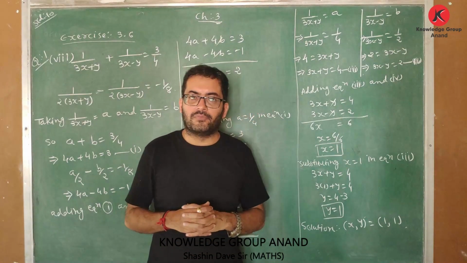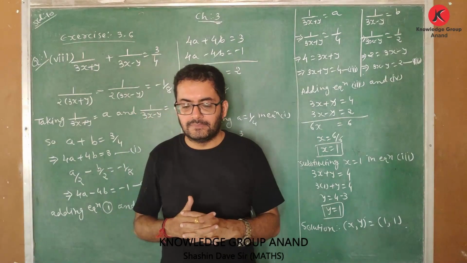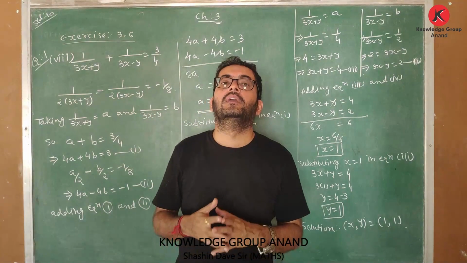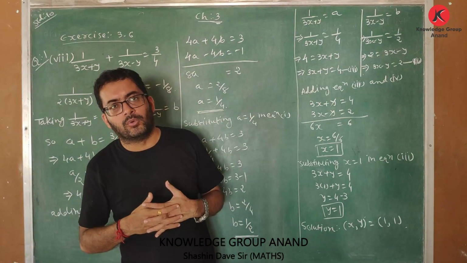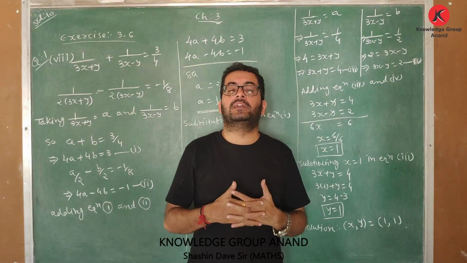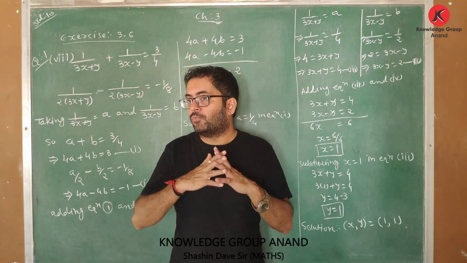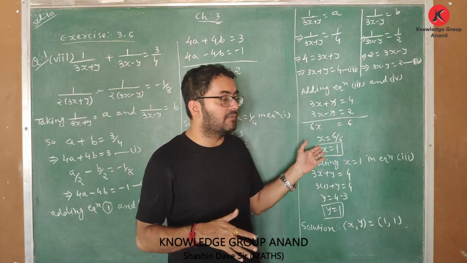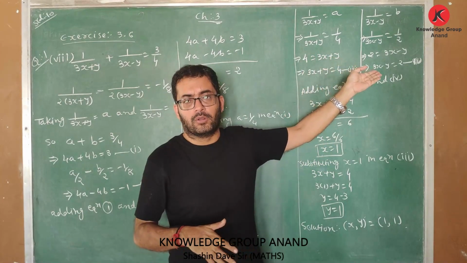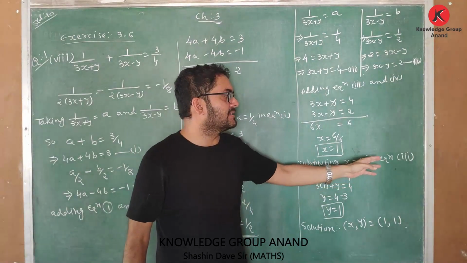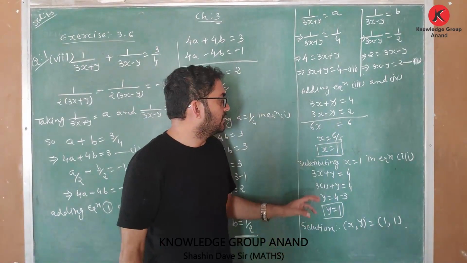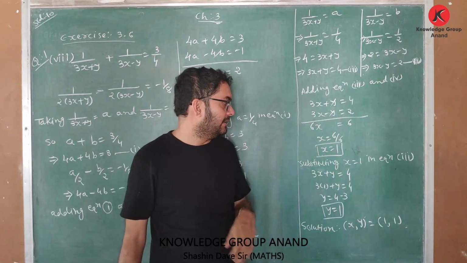So after getting the value of x as 1, our sum becomes very easy. After getting the value of x, you can put that value in either equation 3 or equation 4 to get the value of y. As I said previously also, it won't matter whether you put the value in equation 3 or 4. Okay, the answer will be same. So let me put the value of x. Let us say I put it in equation number 3.